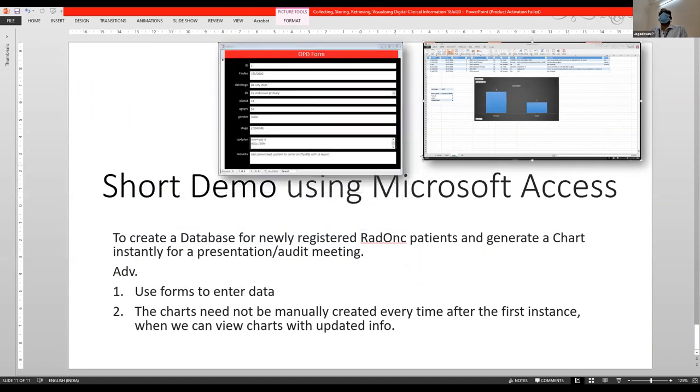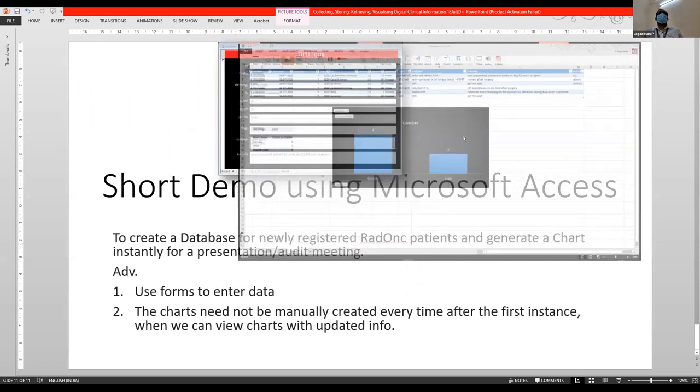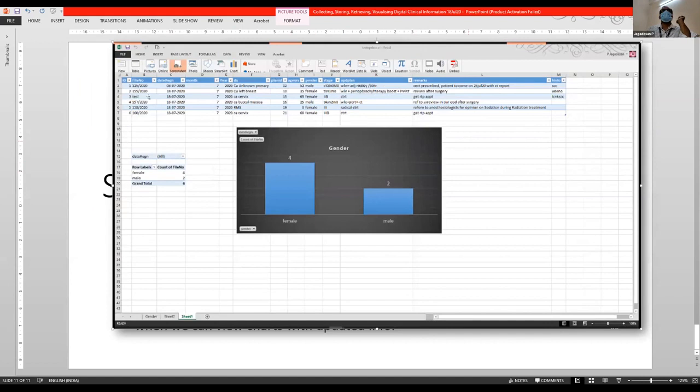So once you enter all these patients in individual forms, you then go back. We will be doing this subsequently. We will be going into the database and pulling out all the information into Excel. From Microsoft Access, we are going to pull information into Excel and display it in a tabular format, and then create a chart out of it. It might seem a routine task, which most of you would have already done, but my point of focus is that, through this method, the advantages we achieve are two.